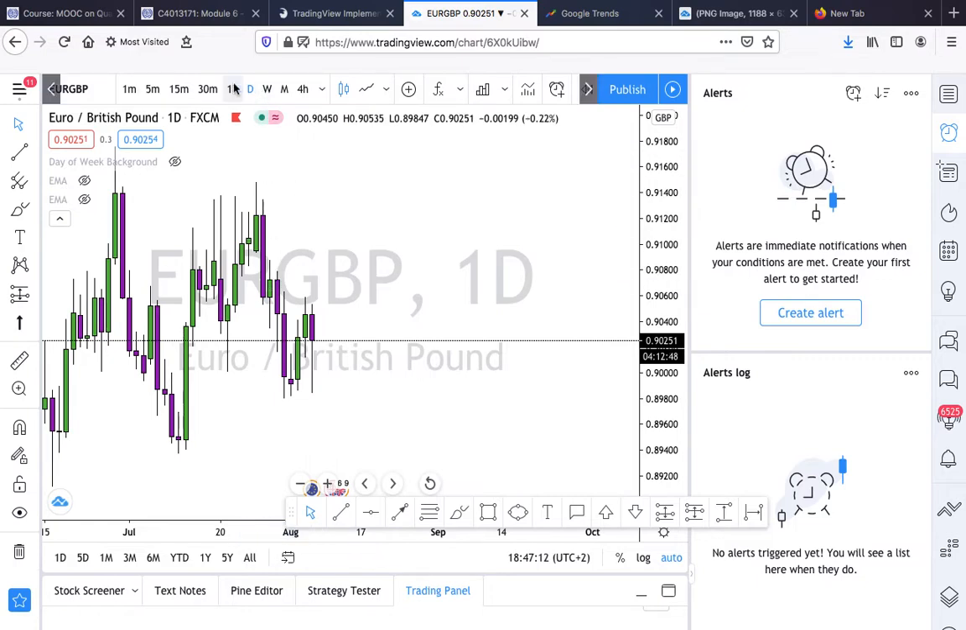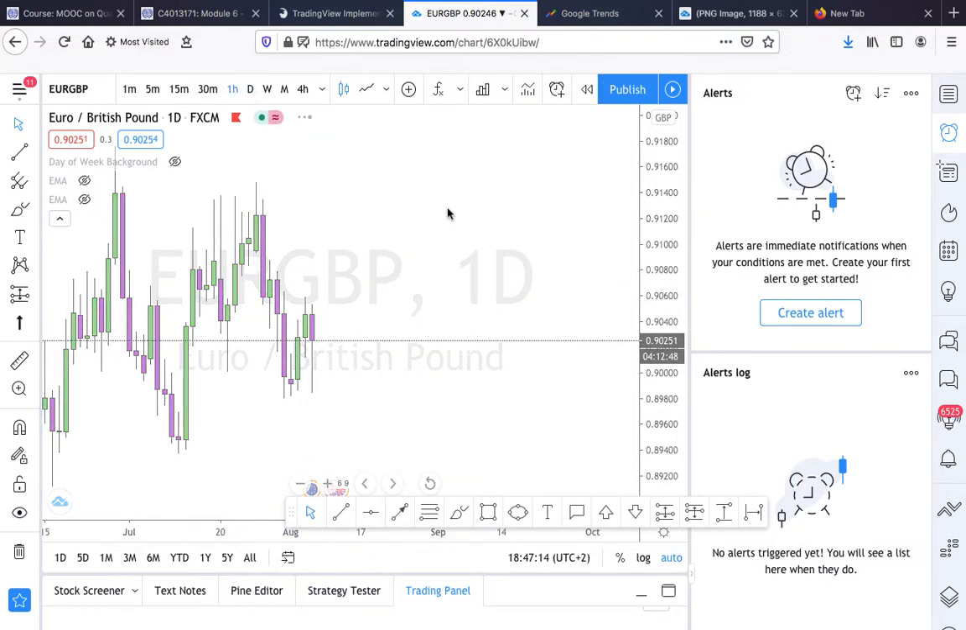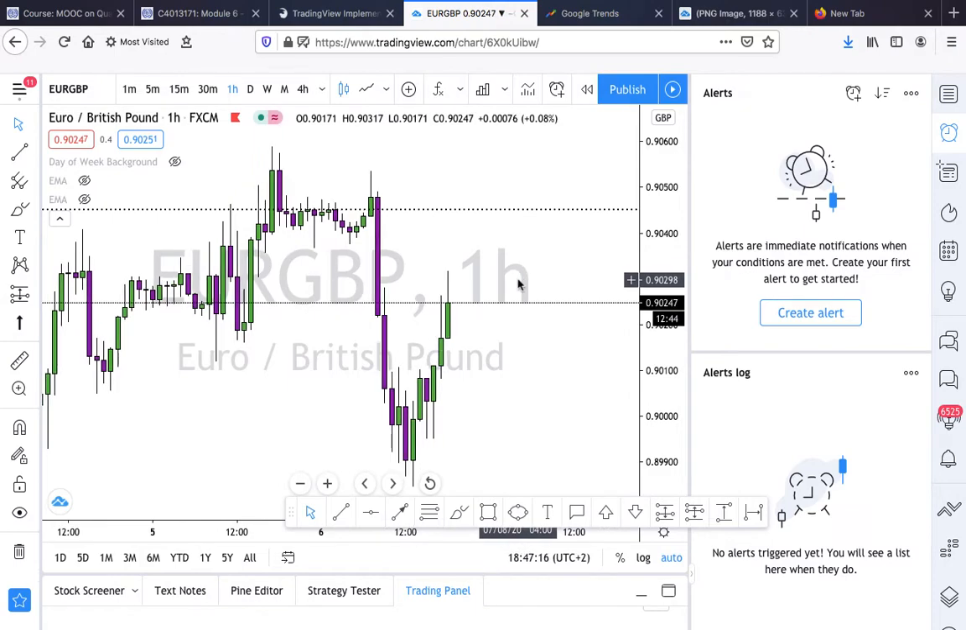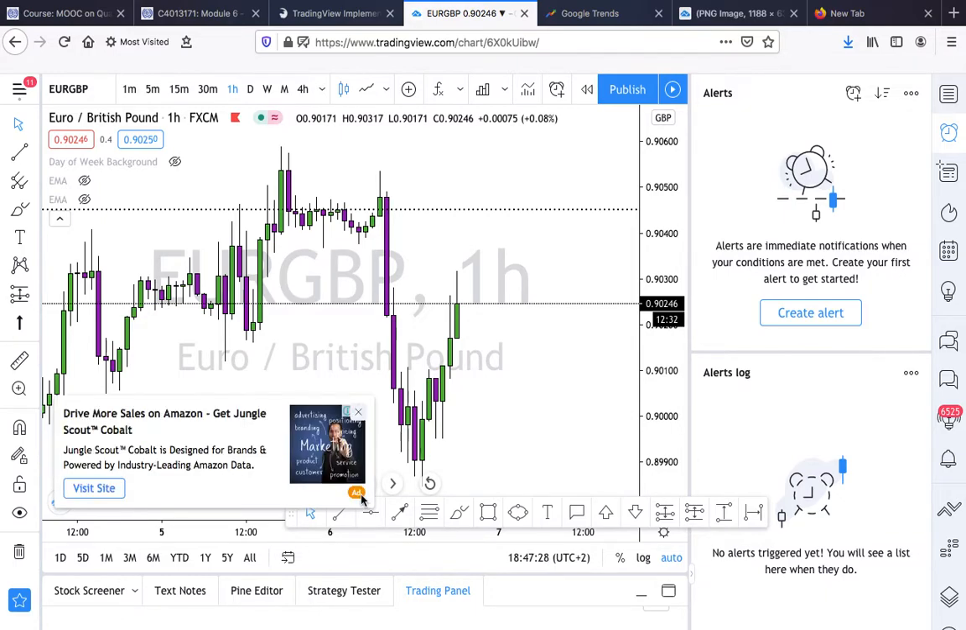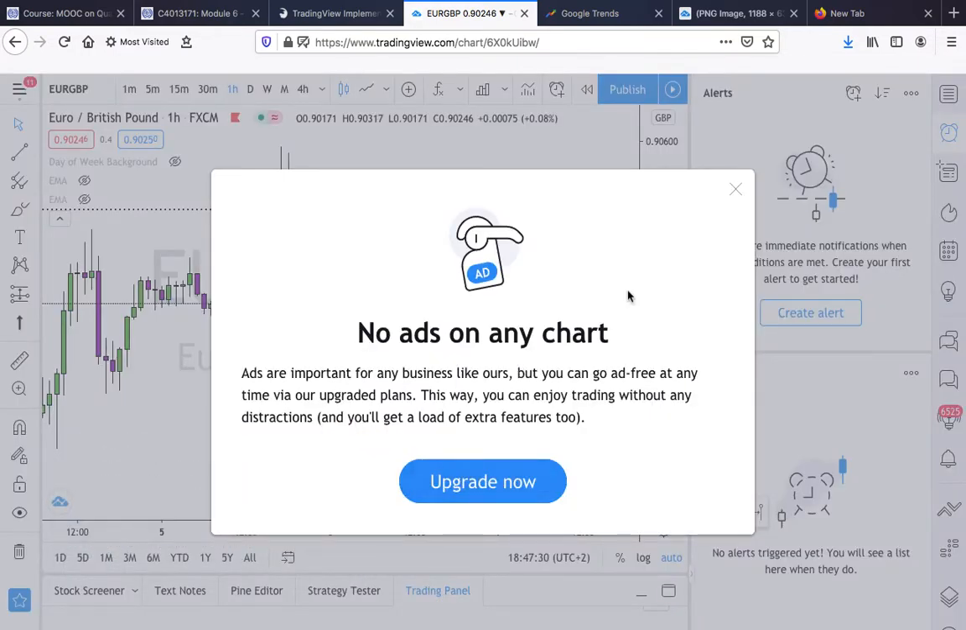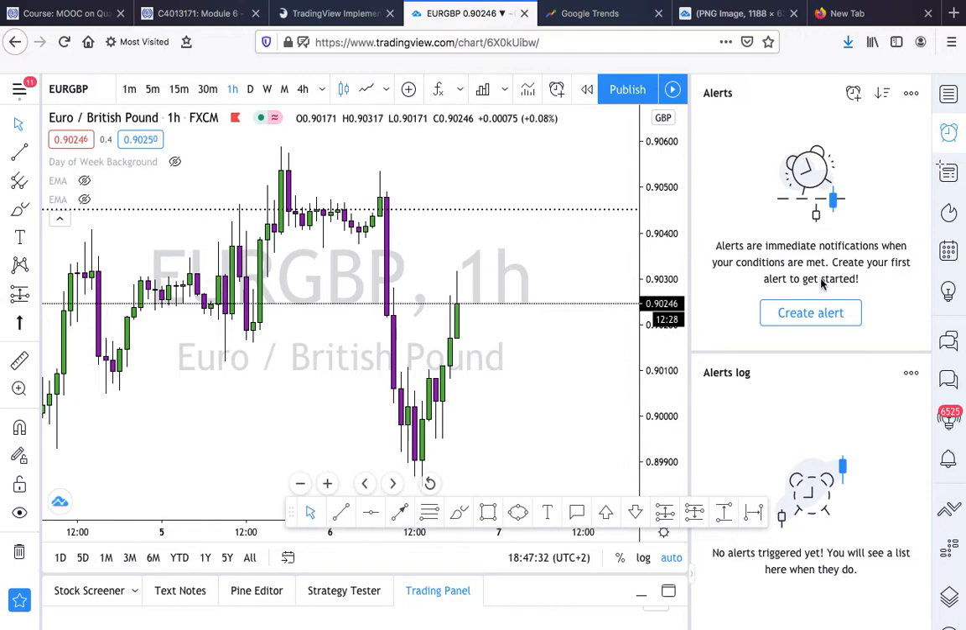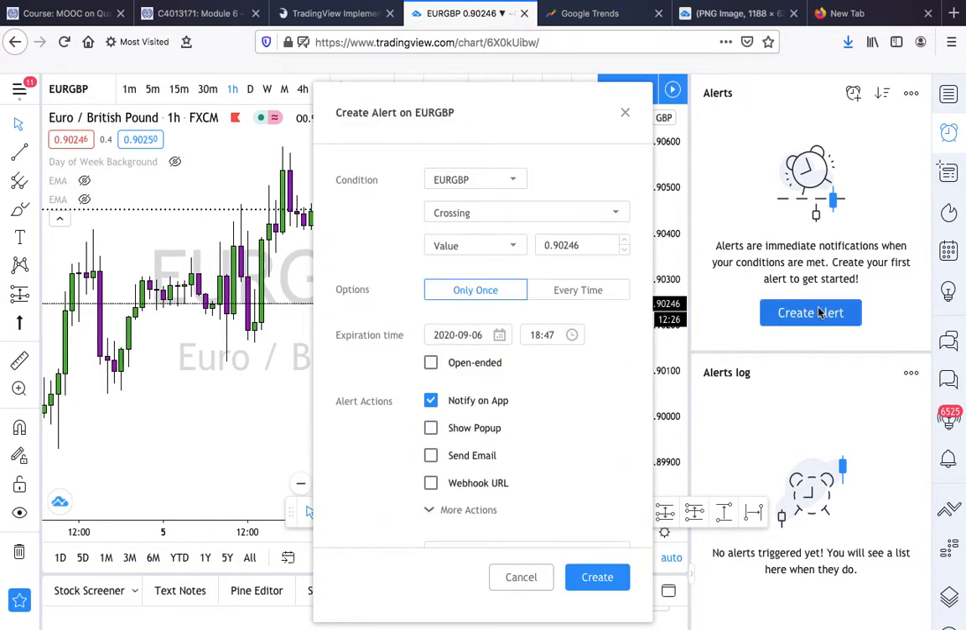Let's go on the H1 time frame. You can set an alert. Take for example, maybe you're somewhere but you've got TradingView on your phone, or even on your laptop. It's like a limit order, but it doesn't trigger a trade. You can say create an alert, take for example, on Euro GBP, if